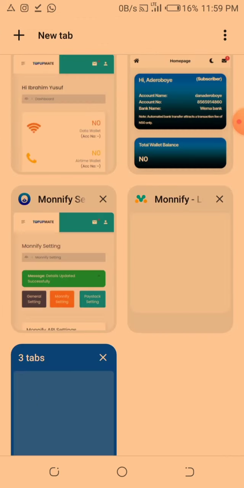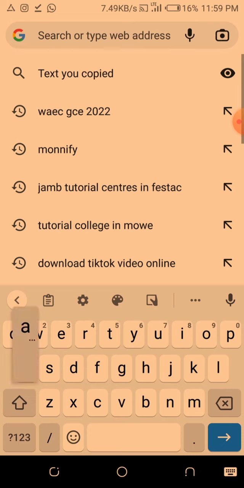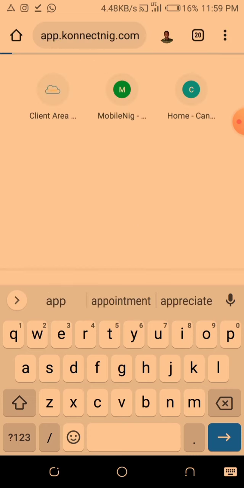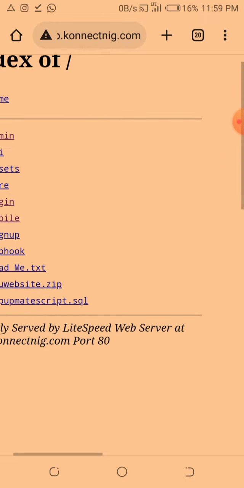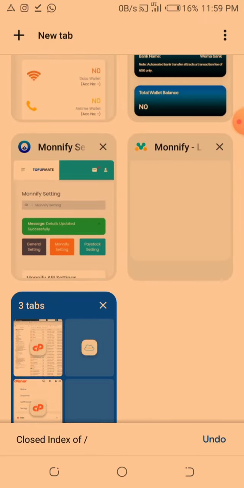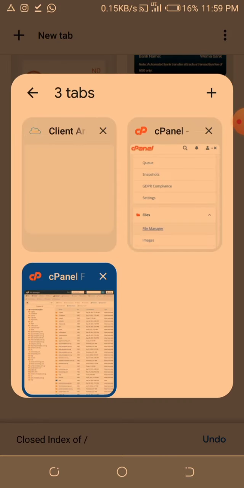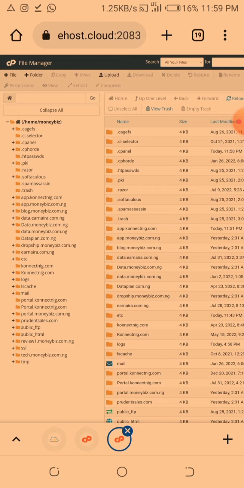If I come to the one I'm creating now, I'm uploading it on this particular domain here, app.connectenergy.com. You can see that it is not giving me anything now. So let me cut that out before it actually indexes it. Alright, now that I've done this, I'm just going to come back to where I uploaded the